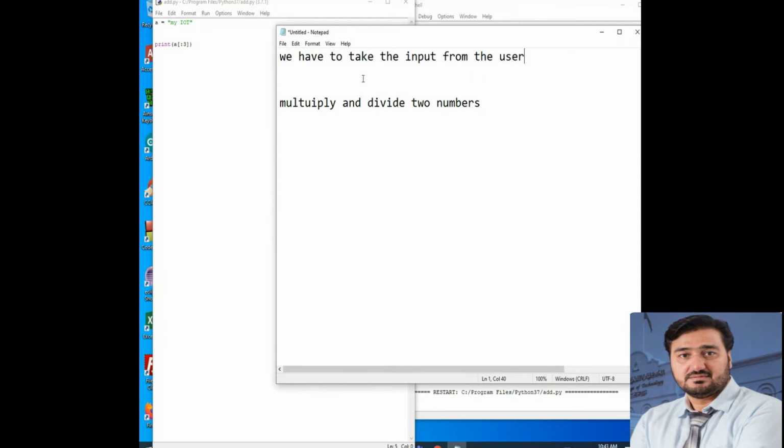Now I am going to write a program which will take the input from the user. Today and in the next class I will finish Python, all the things. So we have to take the input from the user. Suppose we have one variable, we can say,